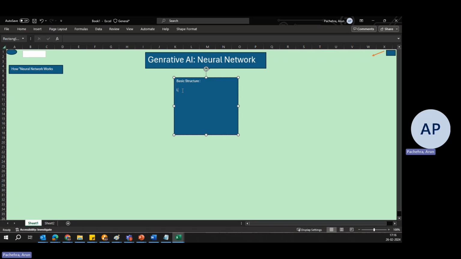So what is the basic structure? The very first thing, it is a layered structure where we have different layers. Like the input layer, as the name says, that's what it does, and we'll talk about these layers as well. Then we have hidden layers. It has multiple layers, that's why hidden layers.